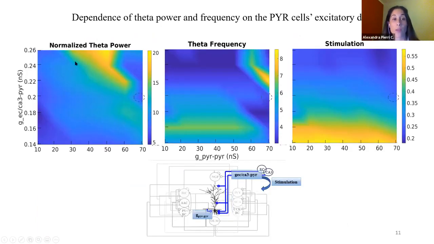We found that the theta rhythm in the segment model increases with both EC-CA3 to pyramidal and the pyramidal conductances. The theta frequency is almost anticorrelated. And the stimulation that represents the activation of those conductances increases as the EC-CA3 to pyramidal conductance decreases. And we can understand how these networks depend on those conductances if we take a look at the inner workings